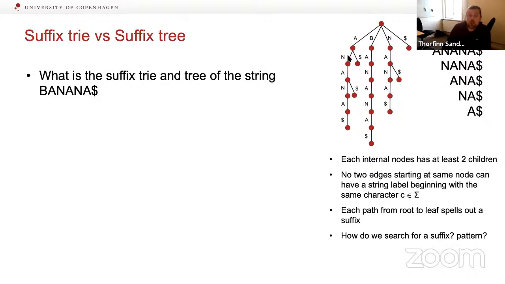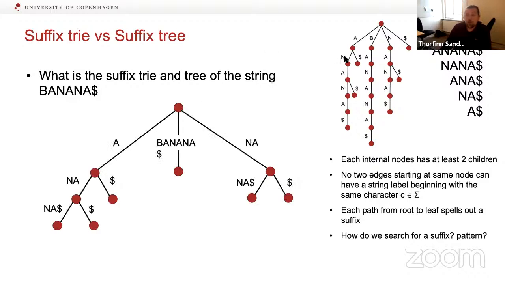If you look at this, which is called the suffix trie, we can see that there are some nodes where there are no options of leaving, right? So we don't have to make a decision as we traverse down towards the leaf nodes. The leaf nodes are the ones at the bottom. If there are no choices to be made, then we can collapse and remove this node. Then we take the characters for each of these labels and put them together. Then we have what is called a suffix tree. So here we collapse the N and A. We remove this one and make another edge that contains the two characters.